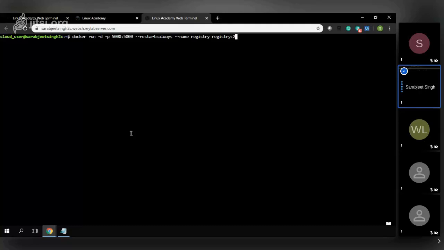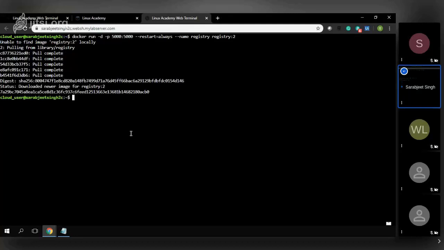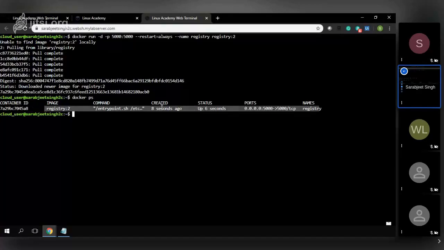Okay, so this is the tag that is at the last. Registry:2 does not exist locally, so it is going to download it from hub.docker.com. So now if I run docker ps, here you can see we have a running container,